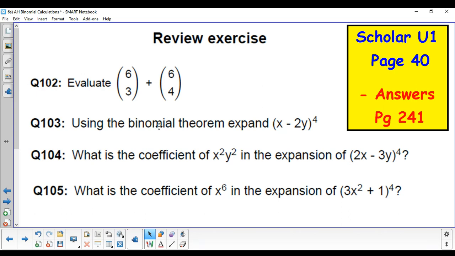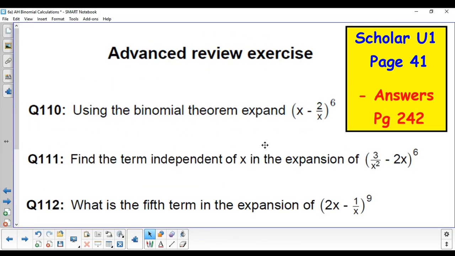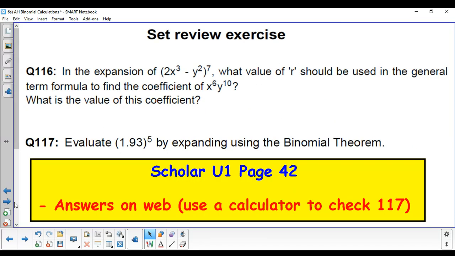So you've got your review exercise of finding coefficients, expanding and knowing the rules. Answers are on page 241. You have advanced review with trickier negatives and fractions for expanding and finding terms. The term independent of x means x to the 0, okay? And then we have the set review exercise, and this is the exact same question as presented before, just wordy